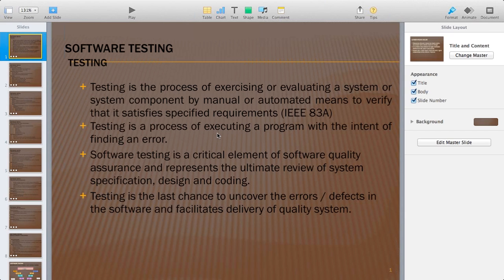That is where we call a tester as a perfect tester. Testing is a process of executing a program with the intent of finding an error. Software testing is a critical element of software quality assurance and represents the ultimate review of system specification, design, and